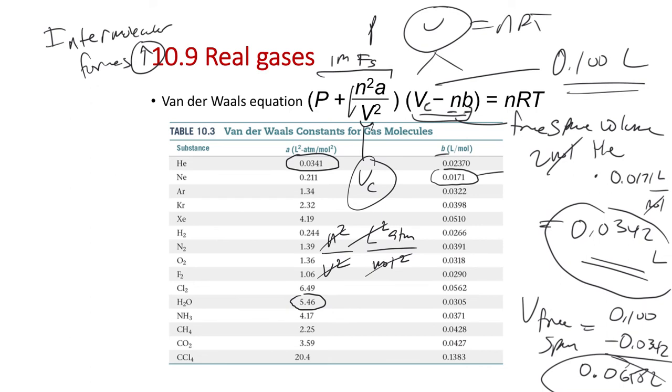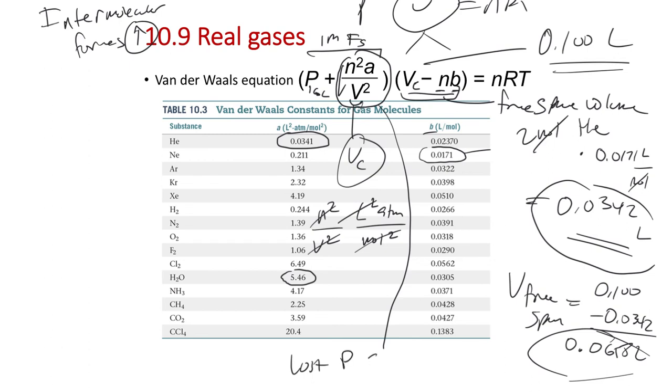And then we're just taking an ATM unit and adding it to the pressure. So this pressure here, we can think of as our ideal gas law pressure. And then we're correcting the pressure due to intermolecular forces. We're trying to add back in the pressure that was lost by intermolecular forces. So if you calculate n squared A divided by V squared, this is the pressure that's lost.